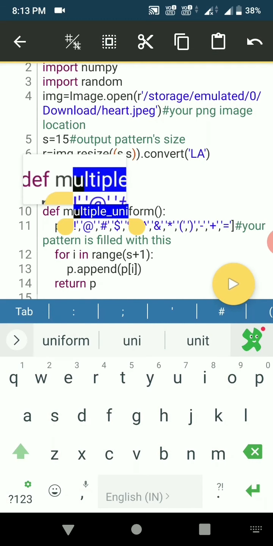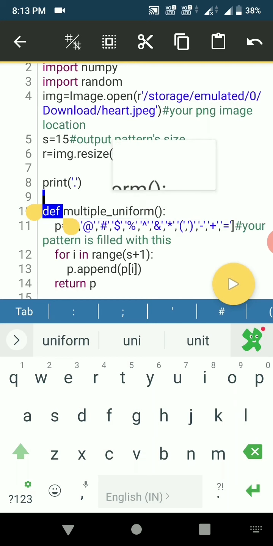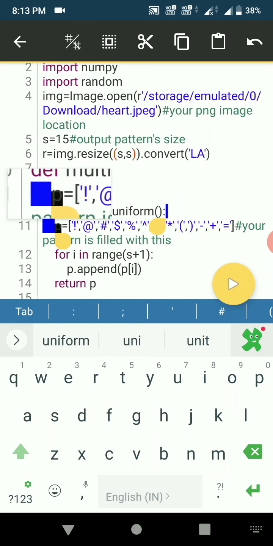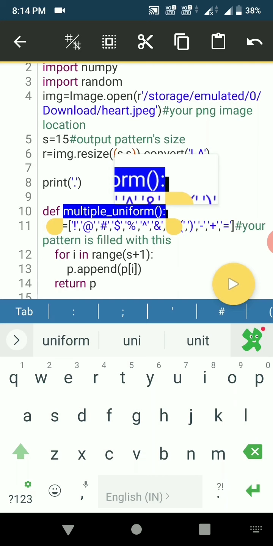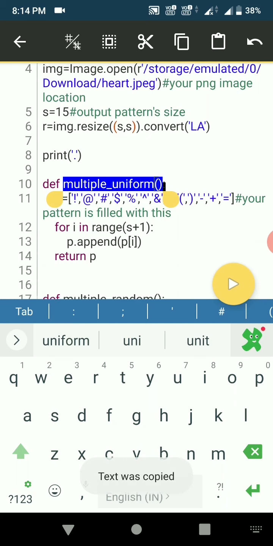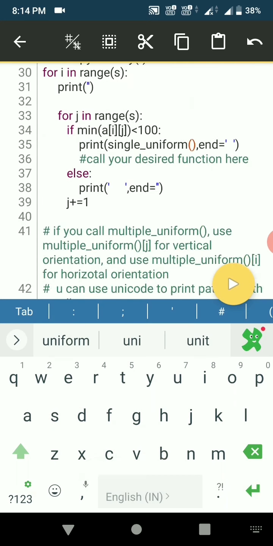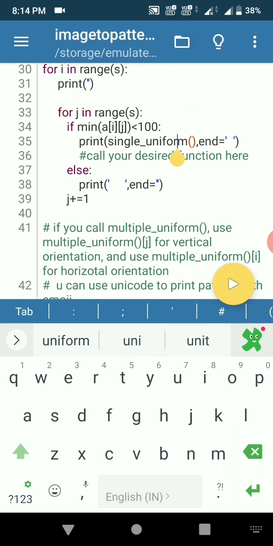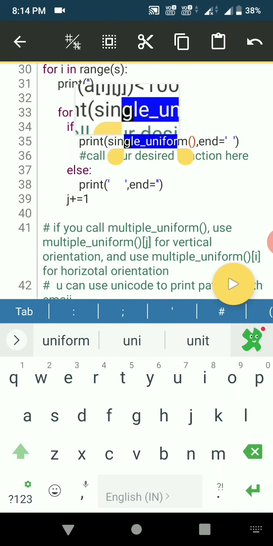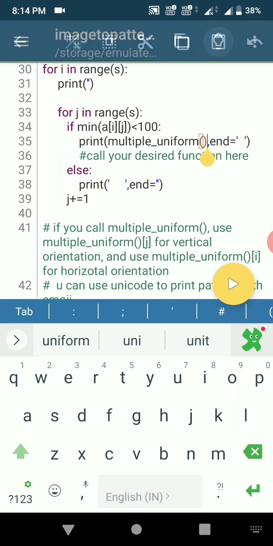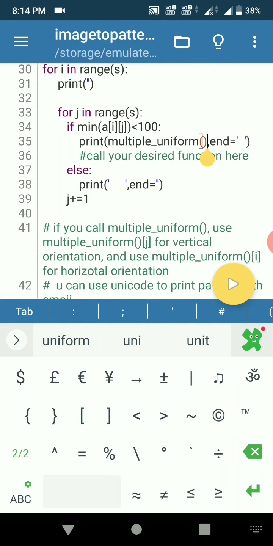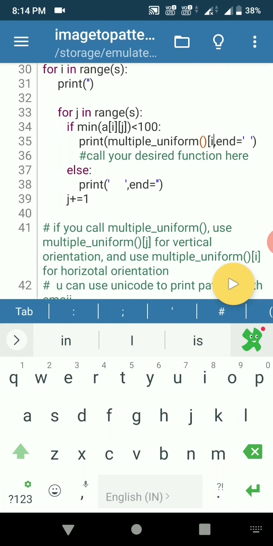I am going to copy this, and paste this here.